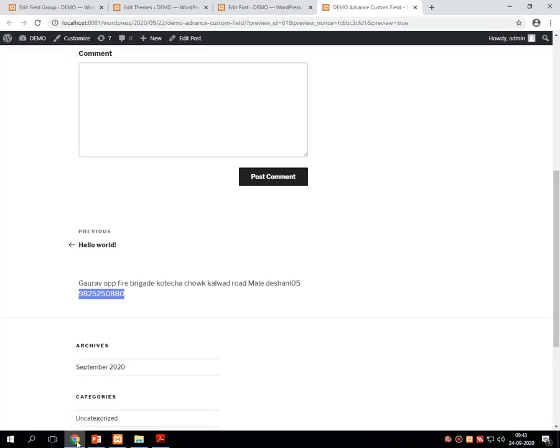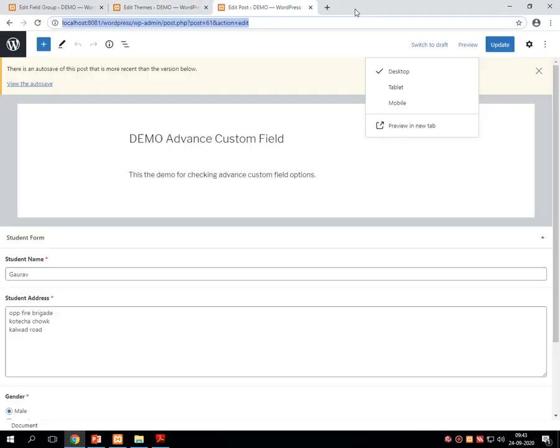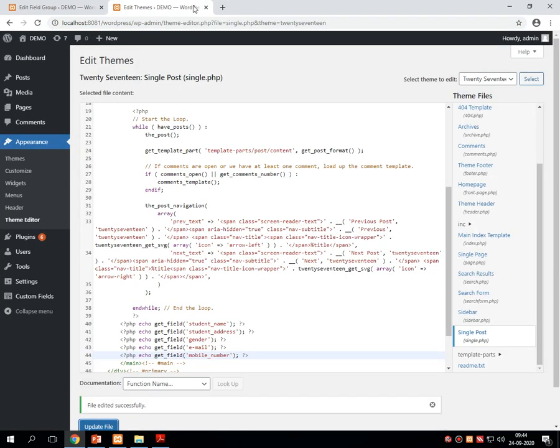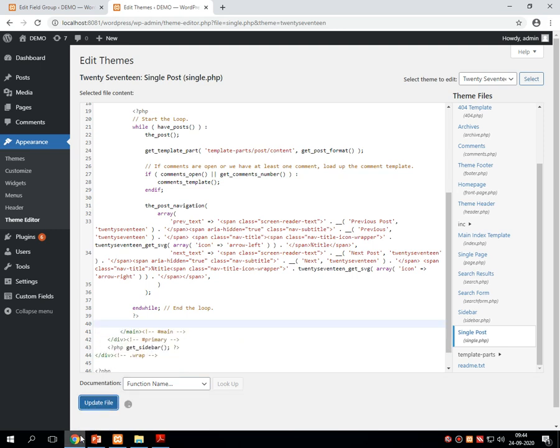For that, what we have to do, let me close all the options so it would be very easy for all of us. I am removing this from the post also because the demonstration is completed.